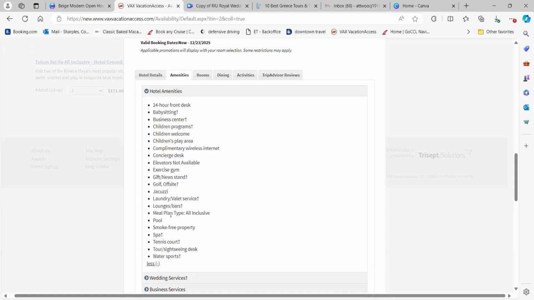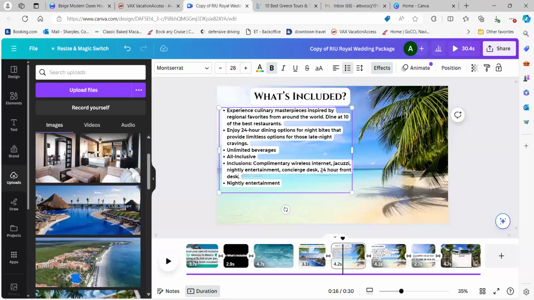Gym. I try not to put anything that costs an additional fee unless you're going to put in here that there's an additional fee for such and such so that they're not expecting that to be included. And then here I may put for an additional cost.